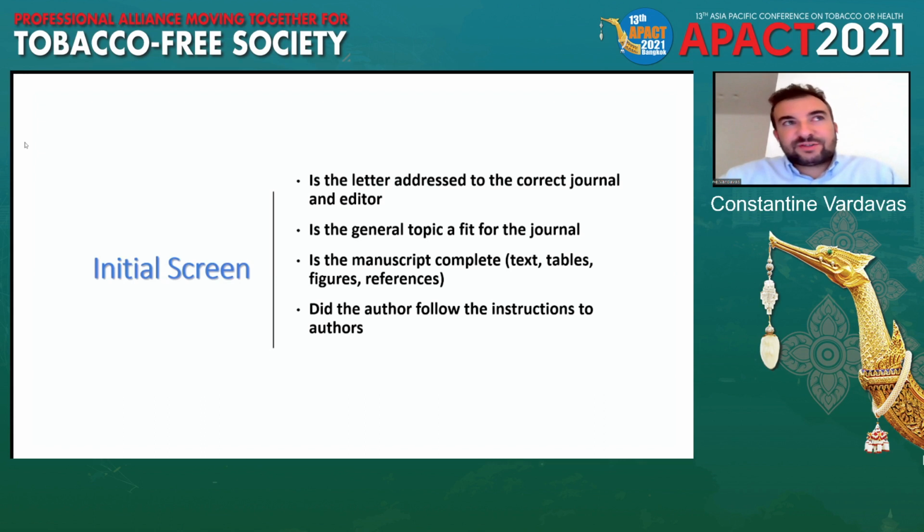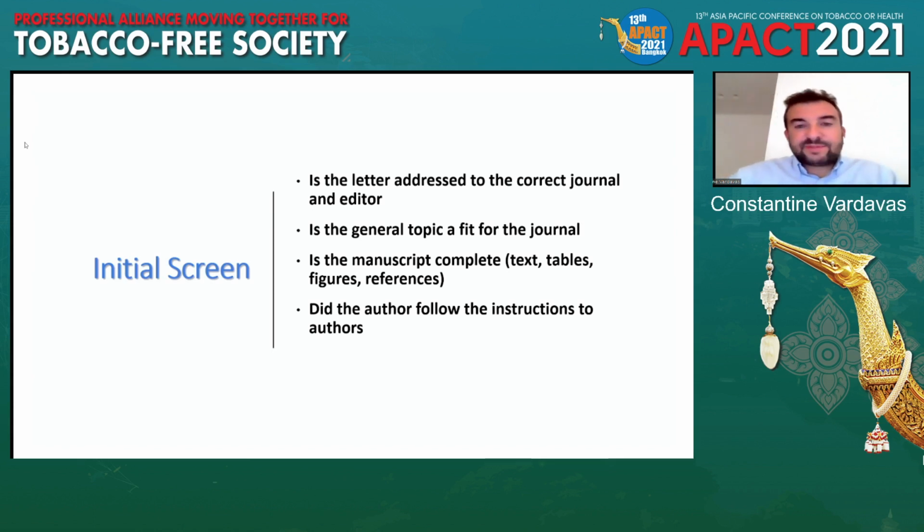Imagine if every manuscript that is submitted to a journal goes out to double-blind peer review. That's a huge effort on behalf of peer reviewers, and remember, peer reviewers are not compensated, and rarely are editors. So it would be a lot of work for every single manuscript to go out for peer review. And also, in a lot of cases, it would waste time for the author if the manuscript is not suitable for the journal.